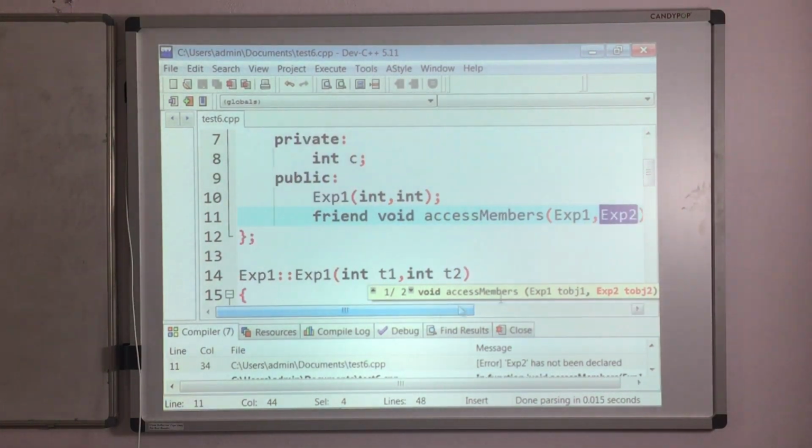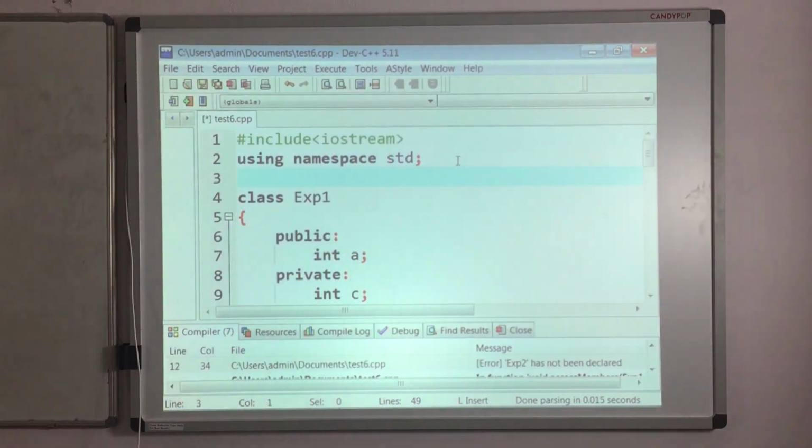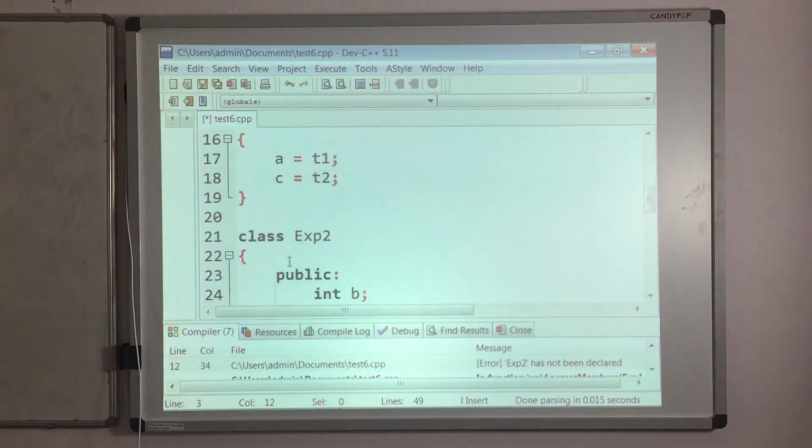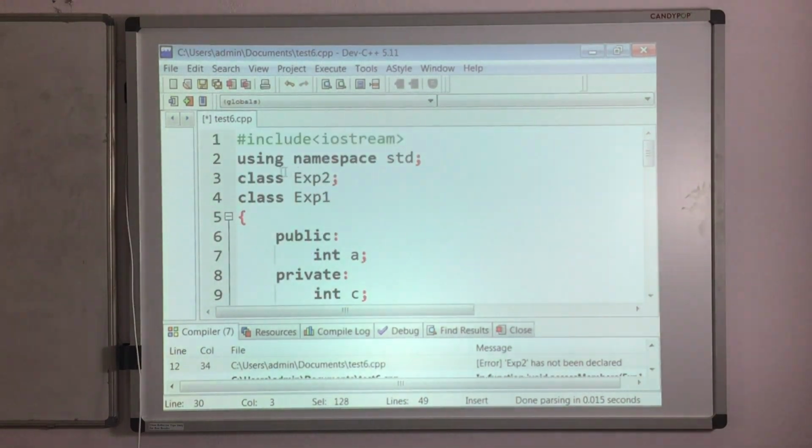So simply what we have to do is declare that exp2 as a class, because exp2 is a class, isn't it? Definition we'll do afterwards. So by simply keeping this class followed by exp2, we are declaring this exp2 class.